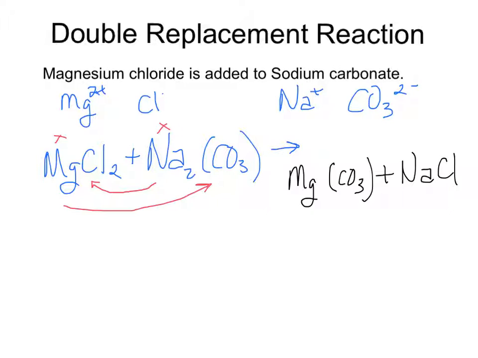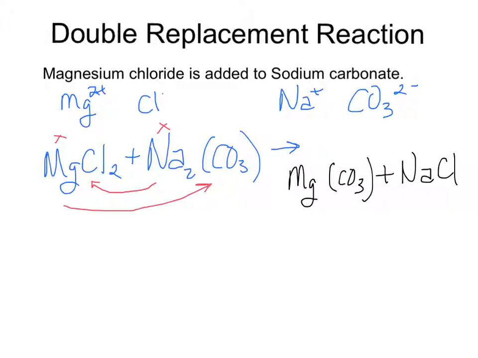And you will notice that the 2+ charge and the 2- charge of the magnesium and the carbonate balanced each other out, and the +1 charge of the sodium and the -1 charge of the chlorine balanced itself out. So now we have our reaction here. Magnesium chloride plus sodium carbonate will create magnesium carbonate plus sodium chloride, and that's what we mean by a double